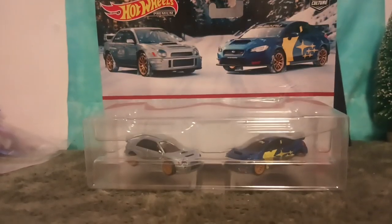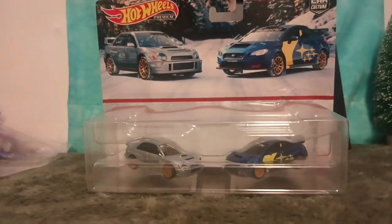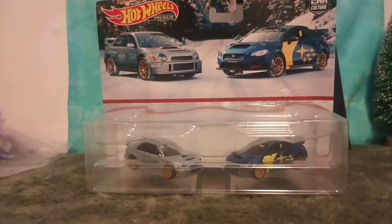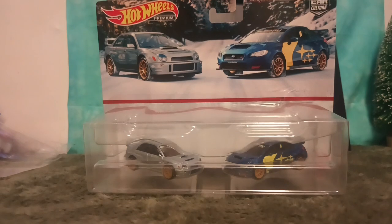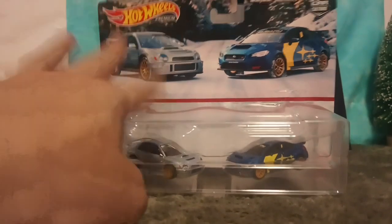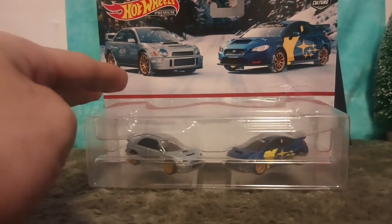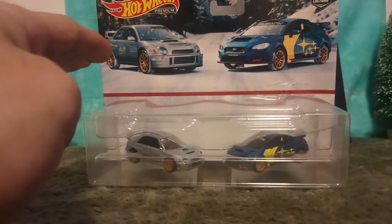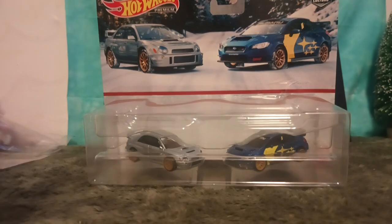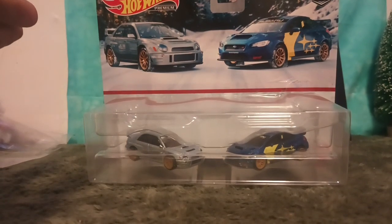And then I went to Target, again, another Target, and I saw like 5 of these, and I didn't see the other ones. I was like, well, now I have the money for the other ones, and I see this one, so maybe I should have got it. But I'm glad I didn't, because I wanted my wife to have this. And I might get her another one, because I kind of want to make her a blue one, because we were going to get the mail-in car, but we decided not to, because me and my wife think it's a scam. I'm sorry, if you like mail-in cars, that's fine, but I consider the mail-in cars to be a scam,